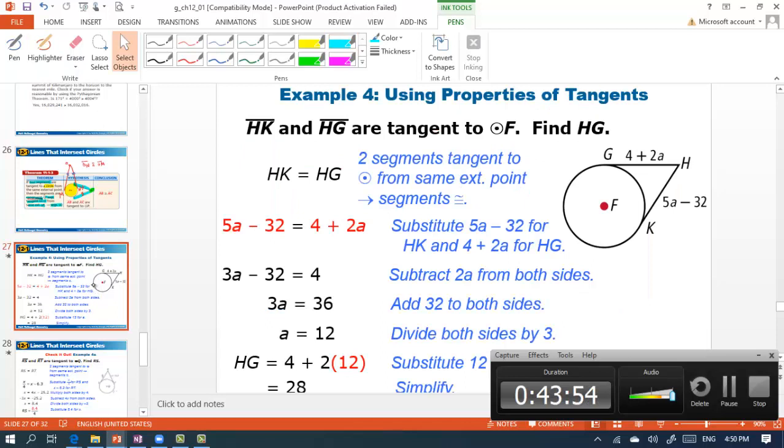Here we can use them definitely. We can say we have HK and HJ here. They are tangent at the points G and K to the circle F, and definitely they are equal. They said they are tangent. The moment they are saying they are tangents,